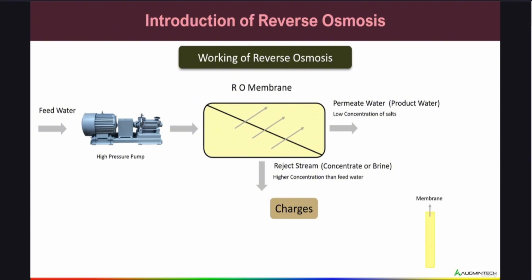Here we have the membrane and the feed water which contains ions. When this water passes through the membrane, the ions get rejected and filtered water passes through the membrane. The efficiency of removal by this mechanism is in the range of 96 to 99%. But this depends on the particular membrane and the ionic charge.